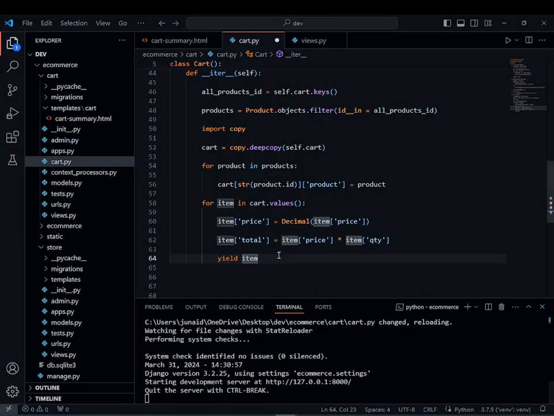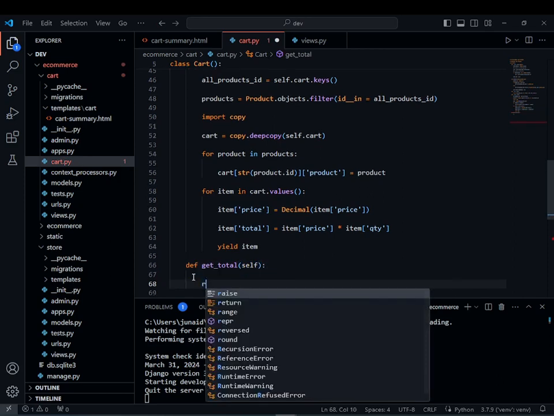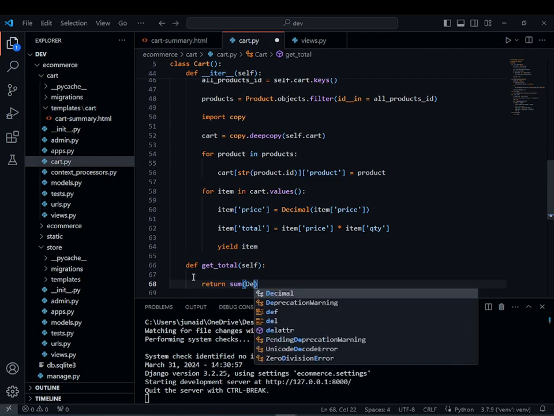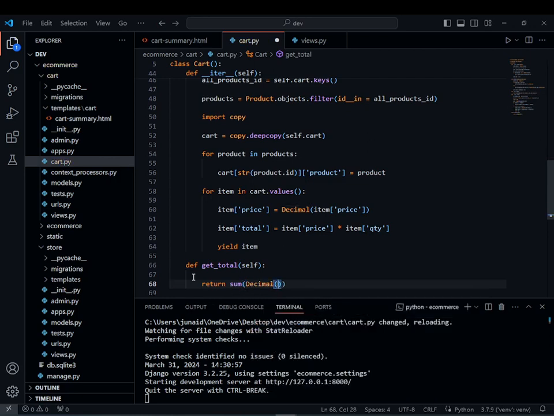So here we are going to create another function, and it will be in that def line, make sure, and we want to say def get_total and pass our self here, and after that return the sum function, and we want to return in decimal our price, and here we are again casting decimal, and we want to multiply it by our quantity,